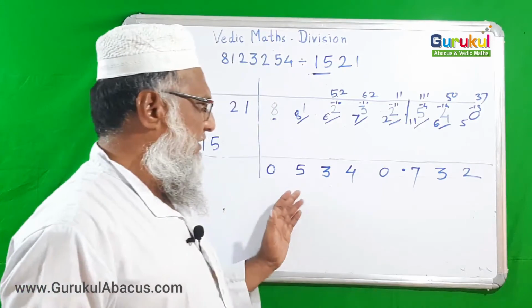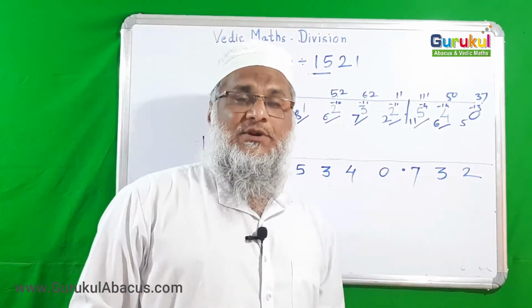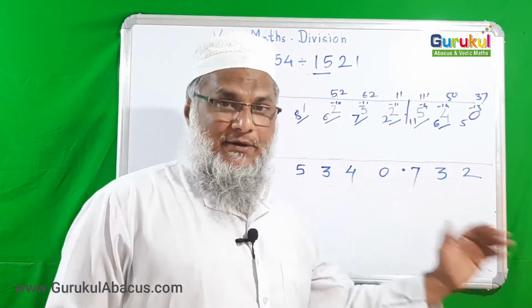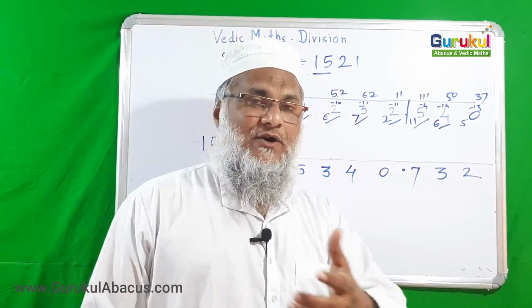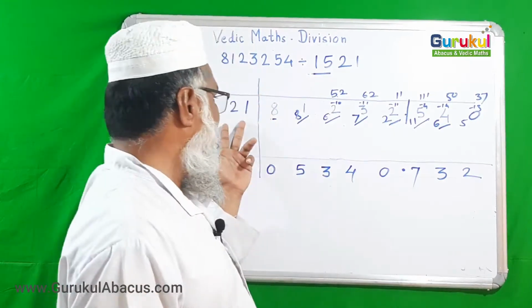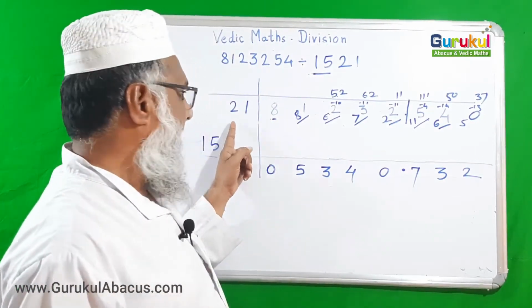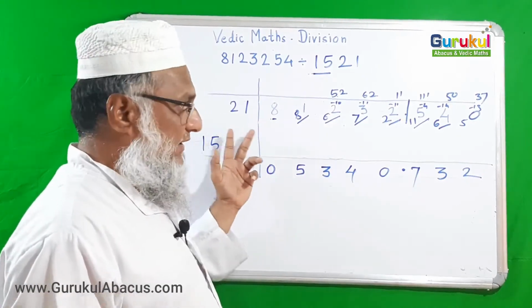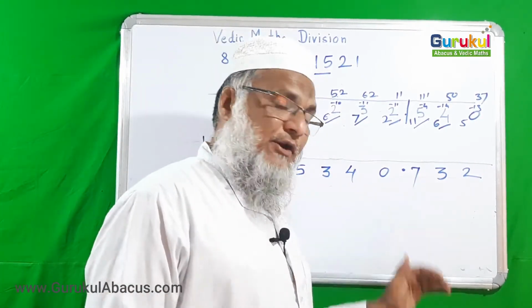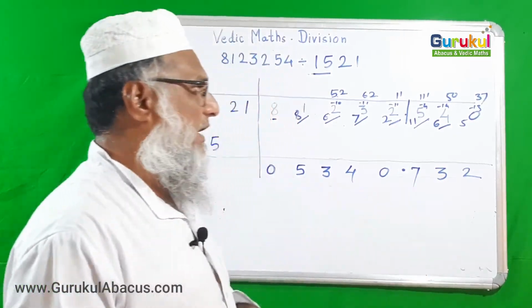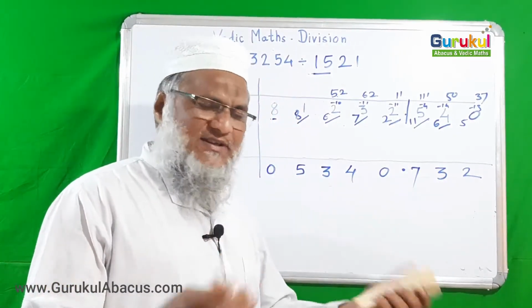We got the answer in decimal form, but suppose we are asked for the answer as quotient and remainder. Then what to do if there are two digits in the flag? If there are two flag digits, how do we find the remainder of that answer? We have not understood that yet, and we are going to understand it just now. It is very simple, no problem.